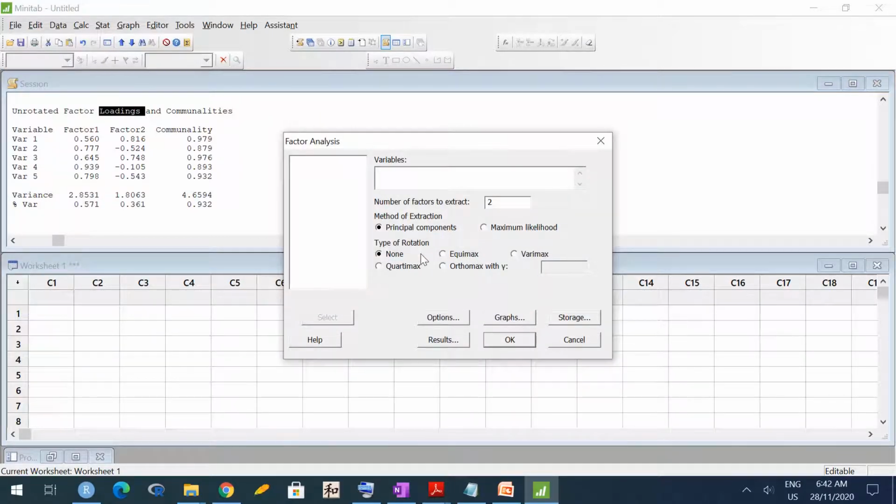So this rotation is done. Rotation is again changing your original coordinates by rotating them orthogonally. So this rotation is done in order to get more interpretable results. Whatever results you have, you rotate those loading coefficients, and try to get better interpretation. In the sense, you try to get clear groups of variables where one group is affected more by one factor, other group is affected more by other factor, and so on. So here there are different types of rotations: equimax, varimax, quartimax, orthomax, etc. For orthomax we have to specify a gamma parameter. So let me try varimax rotation.